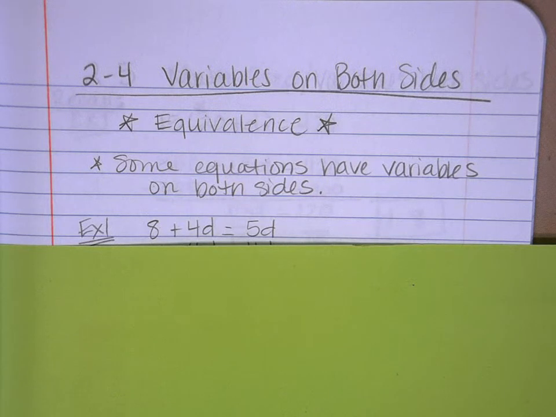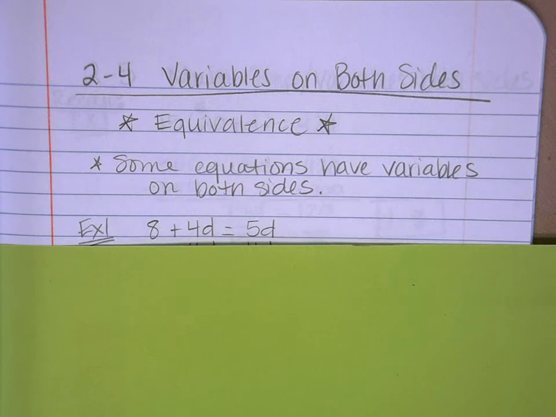The number one problem with these is where to start. People are like, what do I do first? What do you do first? Who has an idea? Raise your hand. What do you do first, DJ? Subtract 8 from both sides? But now I still have variables on both sides. Bryce? Combine like terms or like subtract from both? Sort of. Pam? Subtract the 4 from the 4 and then the 4 from the 5, so then 8